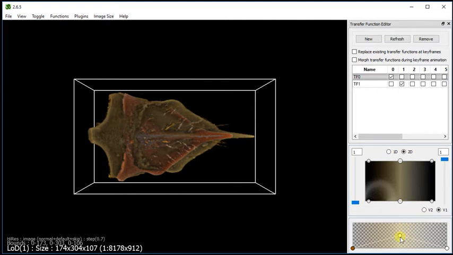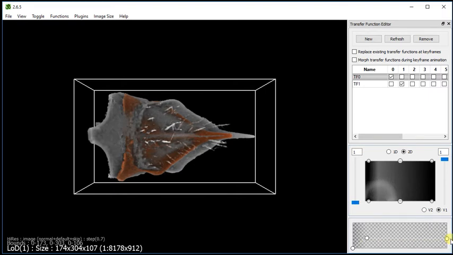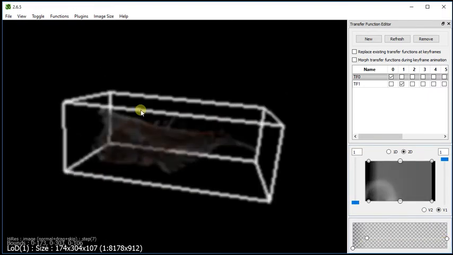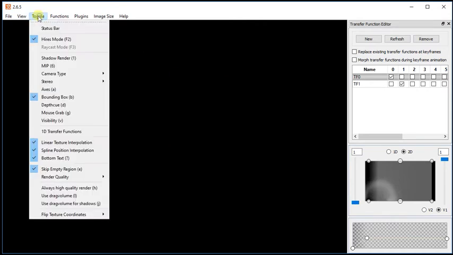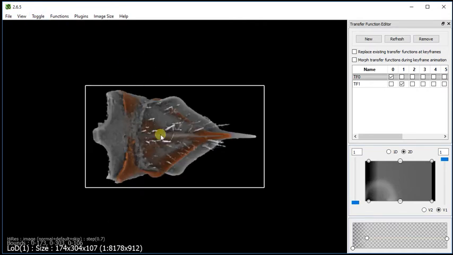2.6.5 has yet another command added to it. It is called volume offset. Let me just change the colors of these data sets. So what I want to do is move this red data so that it can have a maximum overlap, or reasonably good overlap, with the white data set. Let me change the camera type to orthographic,